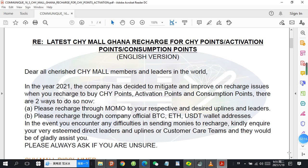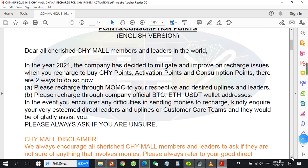that the company has decided to improve their recharge issues in 2021. So this CHY Mall is always committed to resolving some issues and trying to improve upon themselves, and one of them is the recharge issues. So they've tried to improve on that and mitigate some recharge issues, and this has to do with how to buy our CHY points, activation points and consumption points. Now they gave us two ways to do that. There are two basic ways in which we can recharge